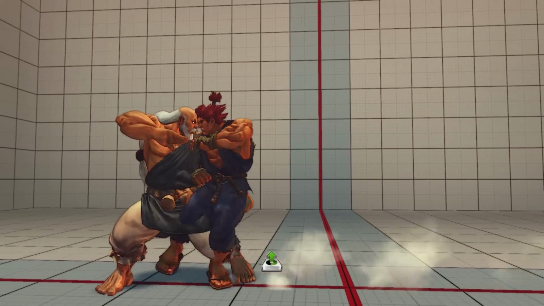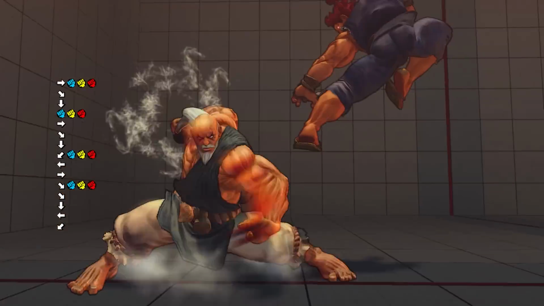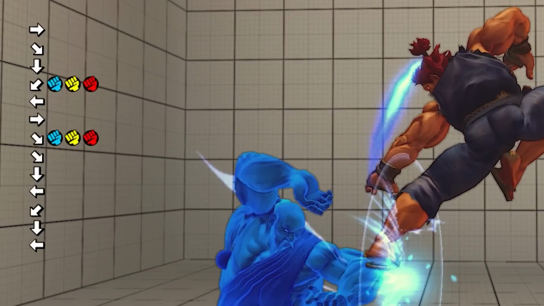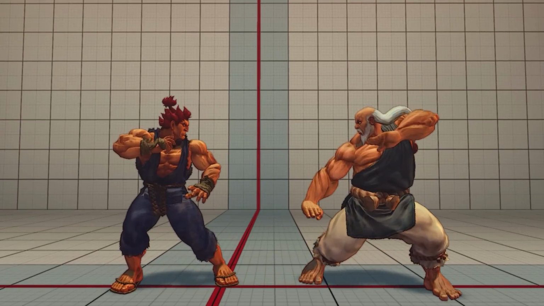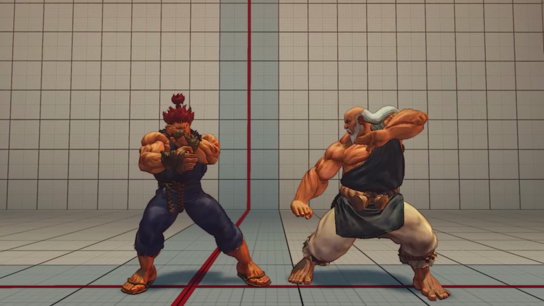Goken bizarrely can cancel its EX counter into either Ultra or Super. Now this one is executionally very difficult due to the counter being a backwards DP motion and the Ultra being 2 quarter circles forward, but once again it is just a win-win. If you're going for an EX counter and have the mechanical skill, you might as well add in an Ultra,